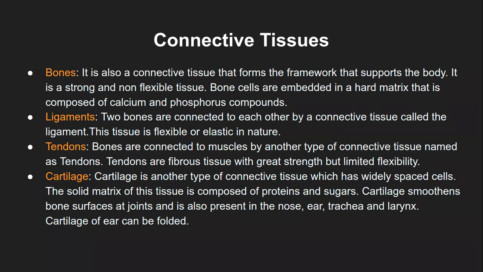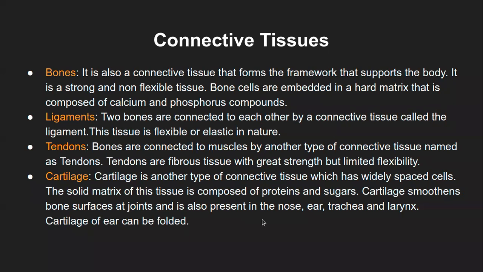Like for example, your cheek is very soft, and the nose is relatively hard, though there is no bone. That is because there is cartilage. Or the other example is next to the ear, there is this small outgrowth on the front side of the ear, a kind of triangular portion, right? That is nothing but cartilage. Again, there is no bone in that, but it is just harder, right? So that is nothing but the cartilage.